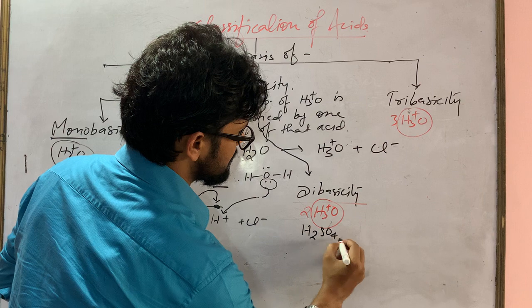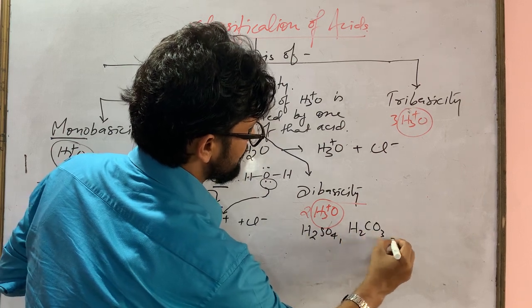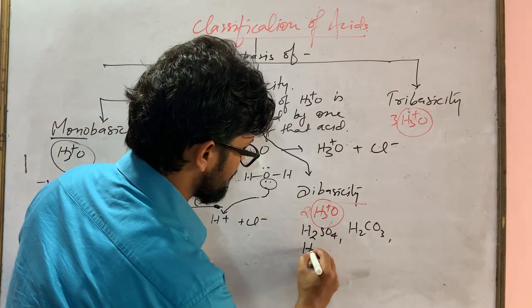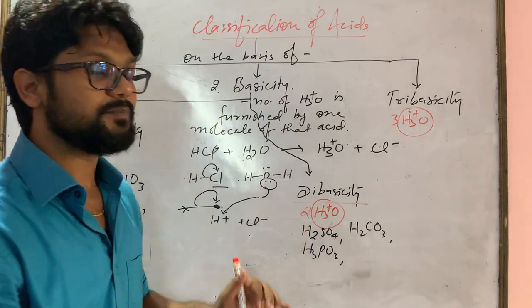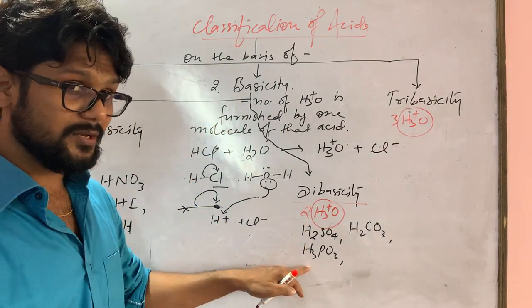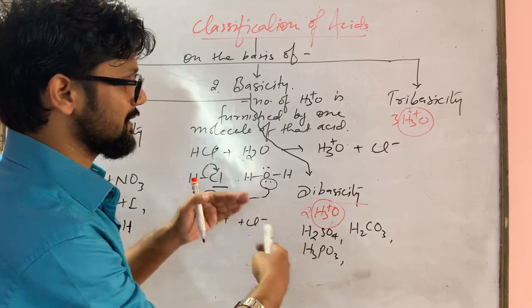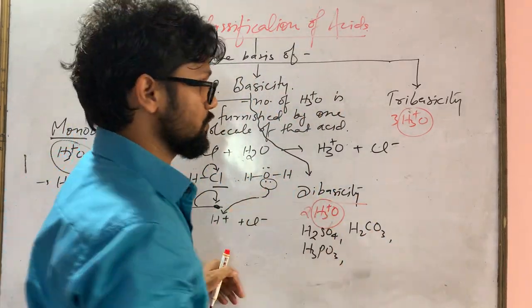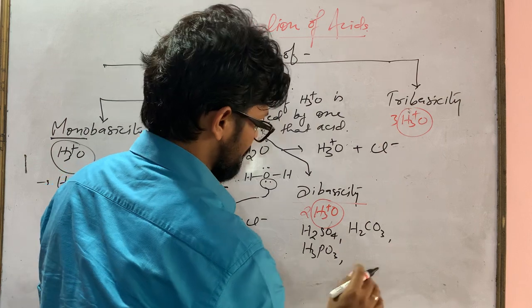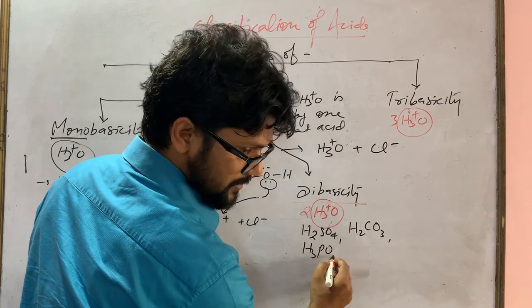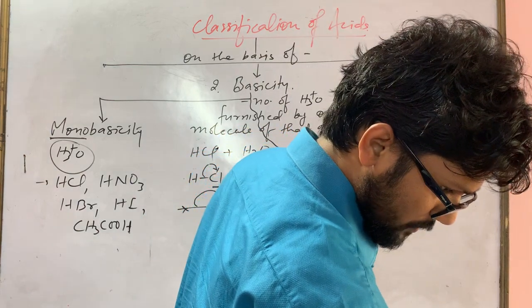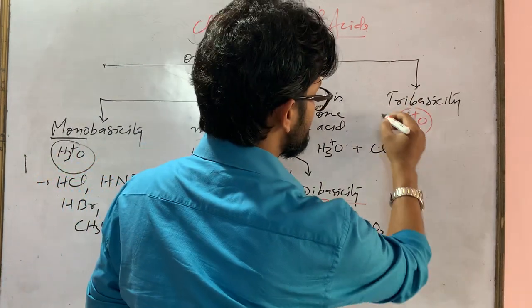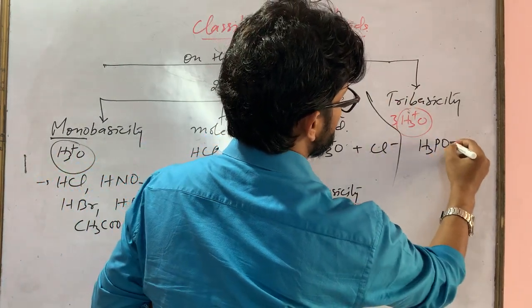Sulfuric acid is a dibasic acid. Carbonic acid is a dibasic acid. These are examples of dibasic acids. So you must remember one more example I'm writing. H3PO3 is a dibasic acid. There are 3 hydrogens but only 2 are ionizable. So this is in the category of dibasic acid. Now third is tribasic. It means there will be 3 ionizable hydrogen atoms. Sorry, there is a mistake. You mark here H3PO3, no, I have written it correctly. H3PO3. And the tribasic acid example is H3PO4.